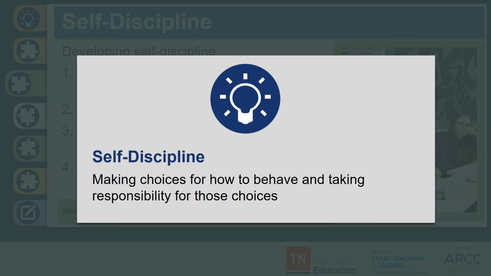Baer states that self-discipline will look different as students grow older and as their cognitive abilities develop. However, all students can develop some degree of self-discipline. Baer provides four interrelated steps to developing self-discipline. These include: